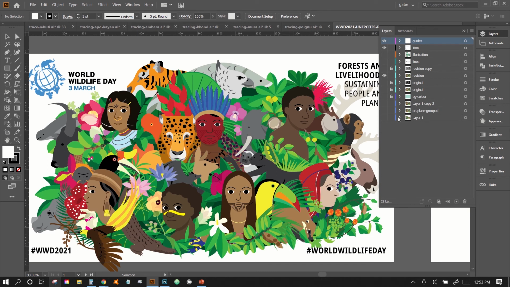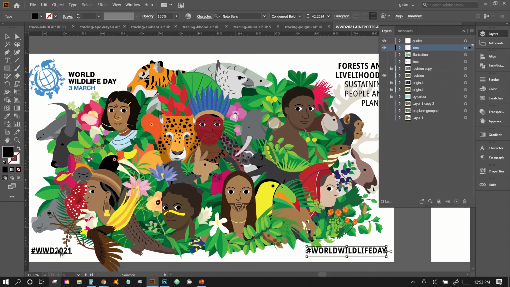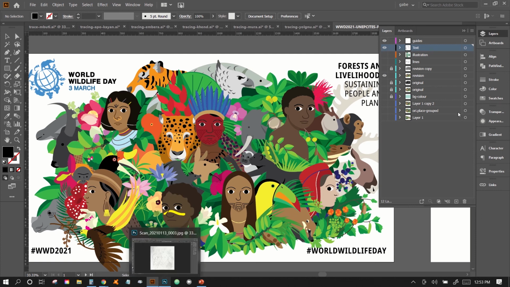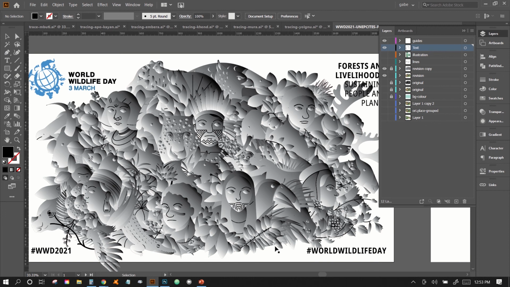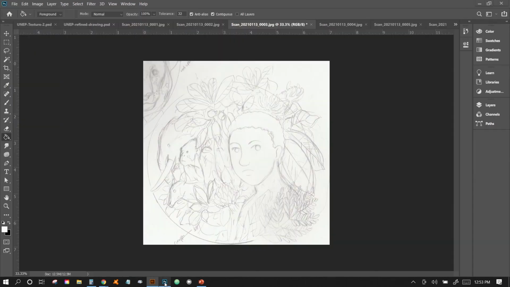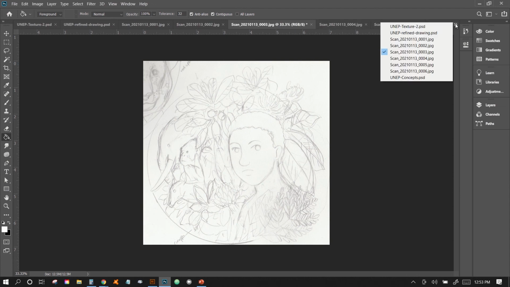From there, after I put it all in, and I also put all the text and everything in there too, I like to make the image a little bit more textured just to give it a little bit of warmth. So what I do, and this is my own personal technique, is that I made another layer, just copied everything and then put gradients on top of it, which I would then take into Photoshop to make into overlay. So now if I go into Photoshop,